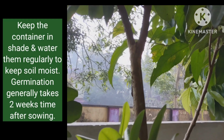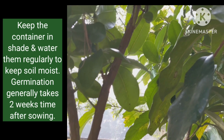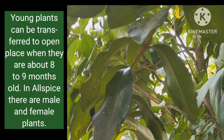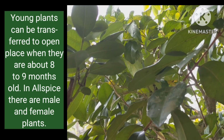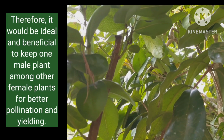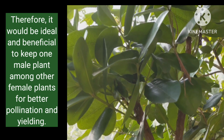Keep the container in shade and water them regularly to keep the soil moist. Germination generally takes 2 weeks after sowing. Young plants can be transferred to an open place when they are about 8 to 9 months old. In allspice, there are male and female plants. Therefore, it would be ideal and beneficial to keep one male plant among other female plants for better pollination and